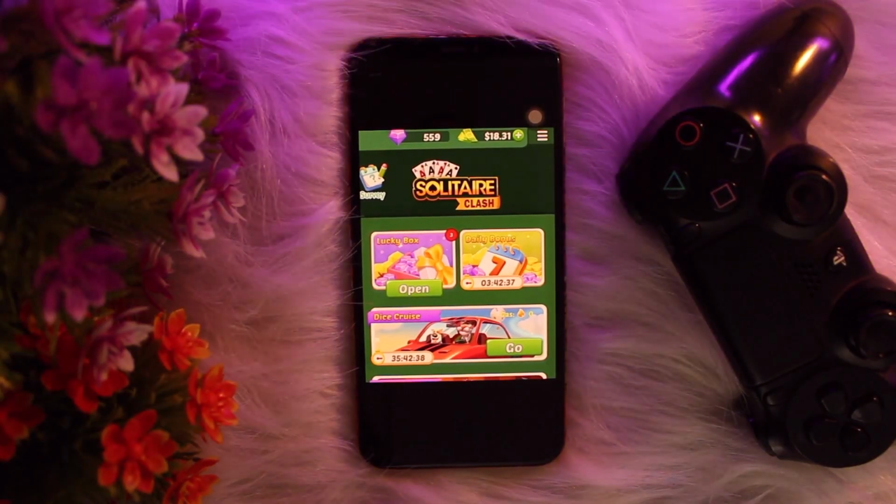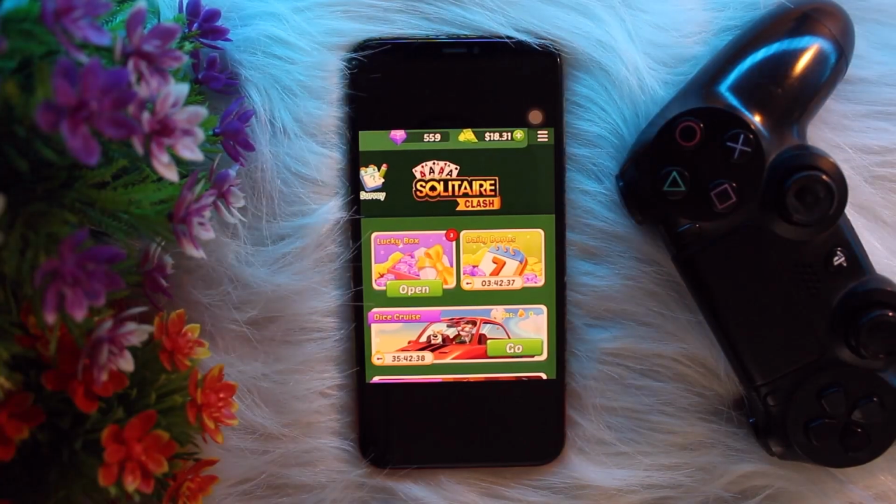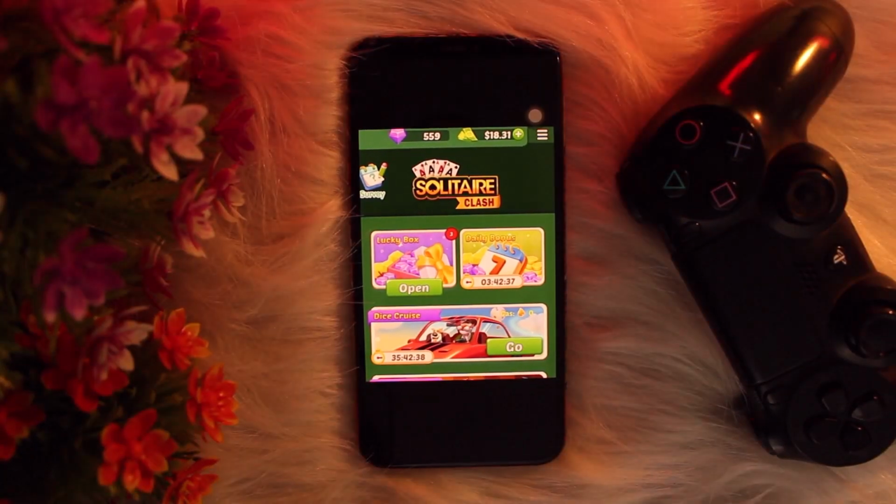Then next is to select the player you want to send the stars to. Browse your friends list for the player you want to send stars to. You can usually search for friends by username or tap on the profile to open their account, and once you